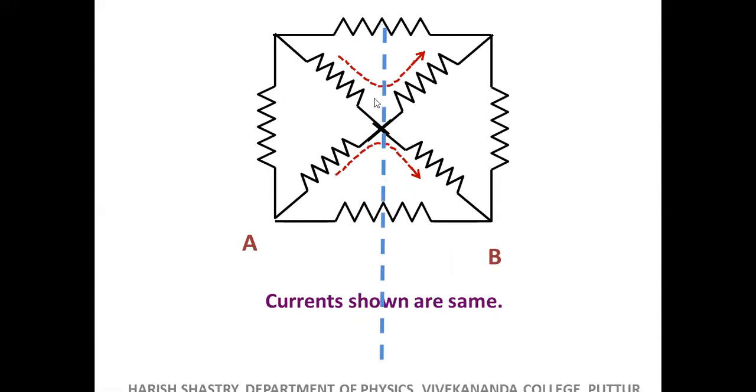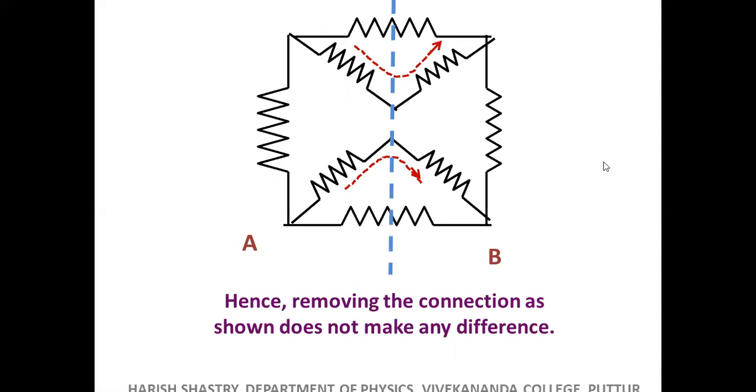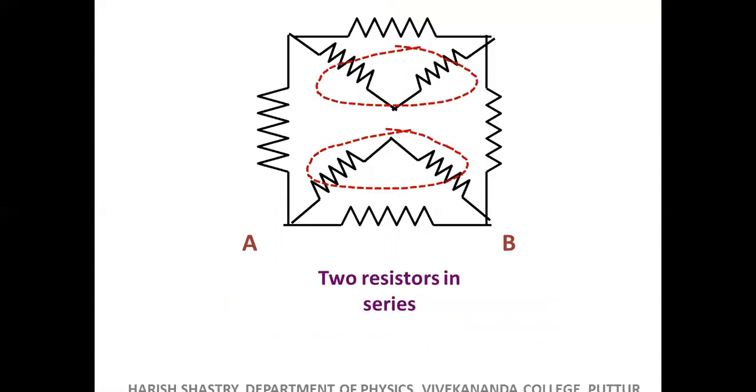Why? Because whatever current flows through this resistor will flow through this resistor. So this can be shifted, and these two points are at the same potential. Since they are at the same potential, I can connect it back, but if I connect it back, there is no use; I can't find the equivalent. Now I can find the equivalent. What is the equivalent, sir? 2R. I can replace this by 2R, right? Did you get that?